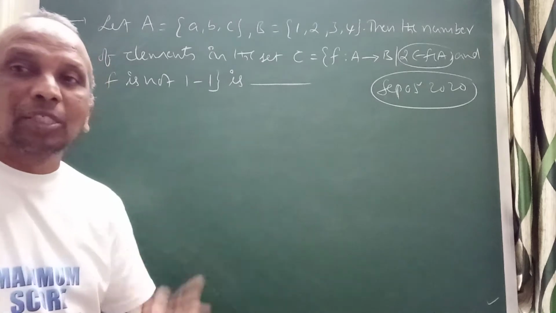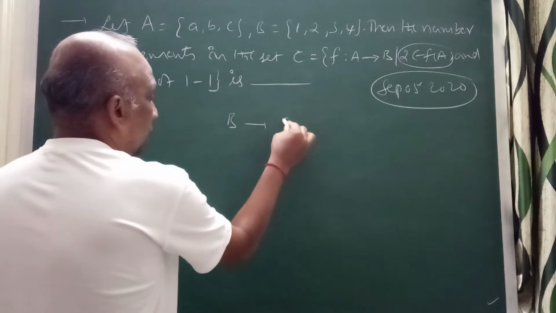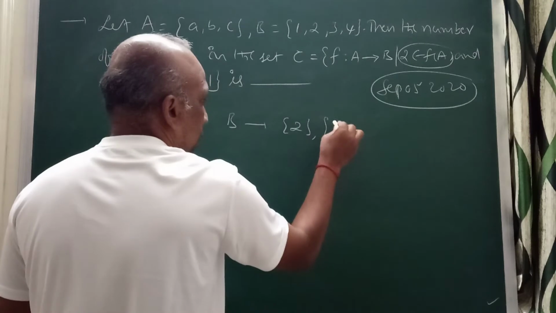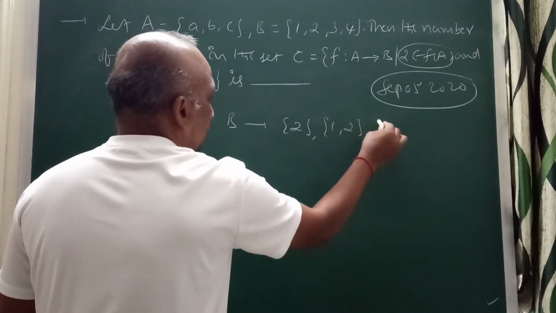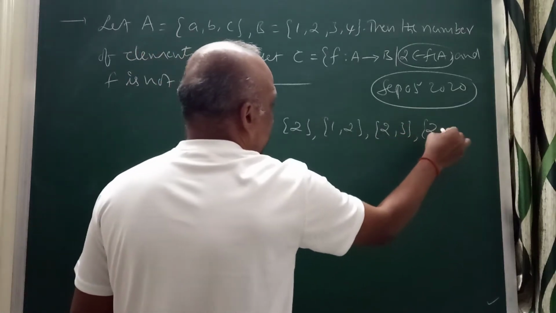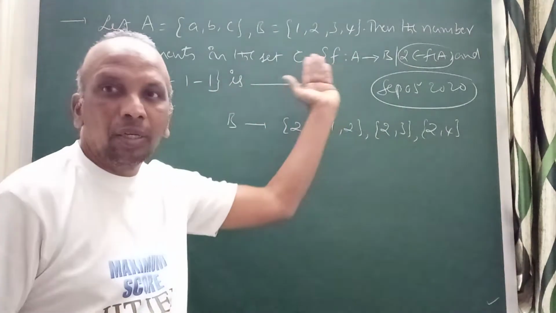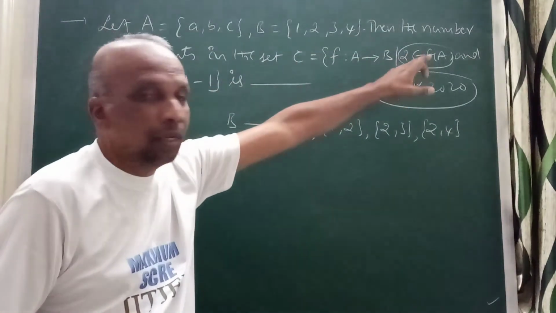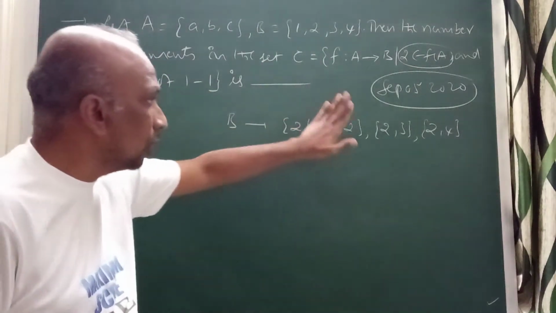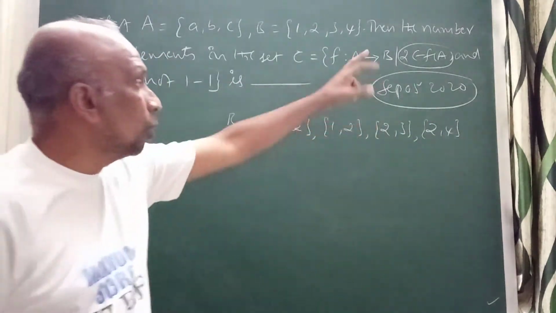Definitely, think about the possible elements of B. The B should have either singleton 2 or otherwise 2 should be there. So I can write 1, 2 or I can write 2, 3 or I can write 2, 4. So these are the possible elements of B to get the required one. f from A is a function, 2 should be there and f is not 1-1. That is the reason the codomain is either only this or only this. According to the given problem, the codomain should be in this.